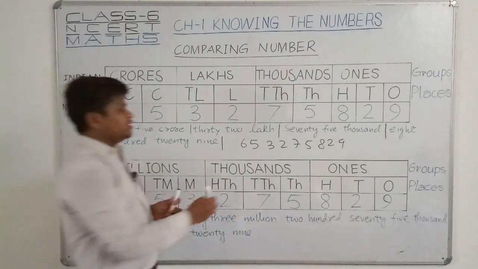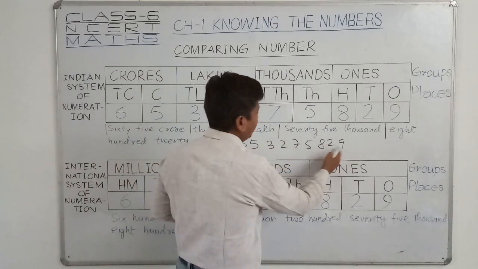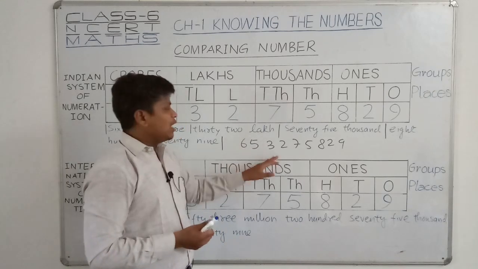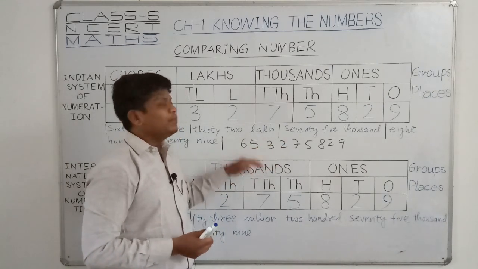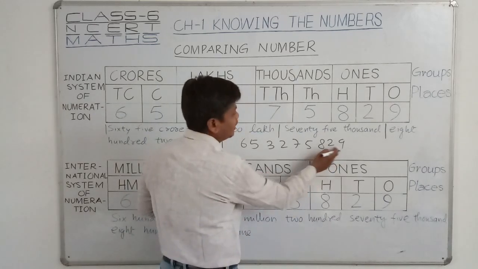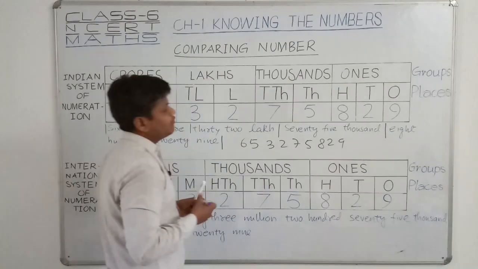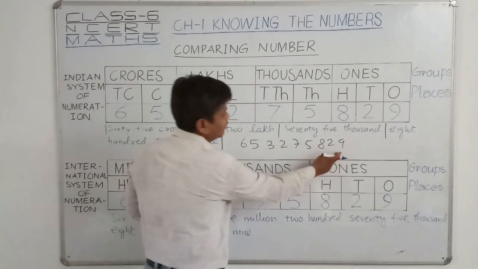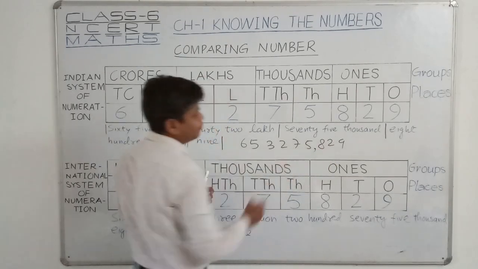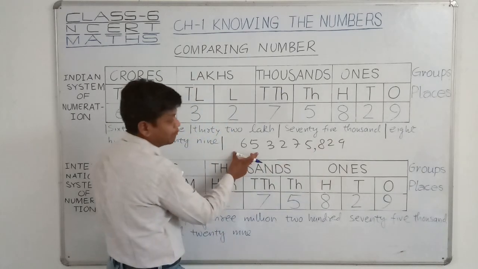So in this number you can see how many digits? 1 2 3 4 5 6 7 8 9 digits are there. So this number in front of you, how do we use the commas? There is a pattern we have to follow. First of all we have to put the comma after the 3 digits, right? 3 digits we count from the right hand side, just like first digit is 9, second is 2, third is 8. So here we put the comma, that is the separator. So 829 is separate from these numbers, right?